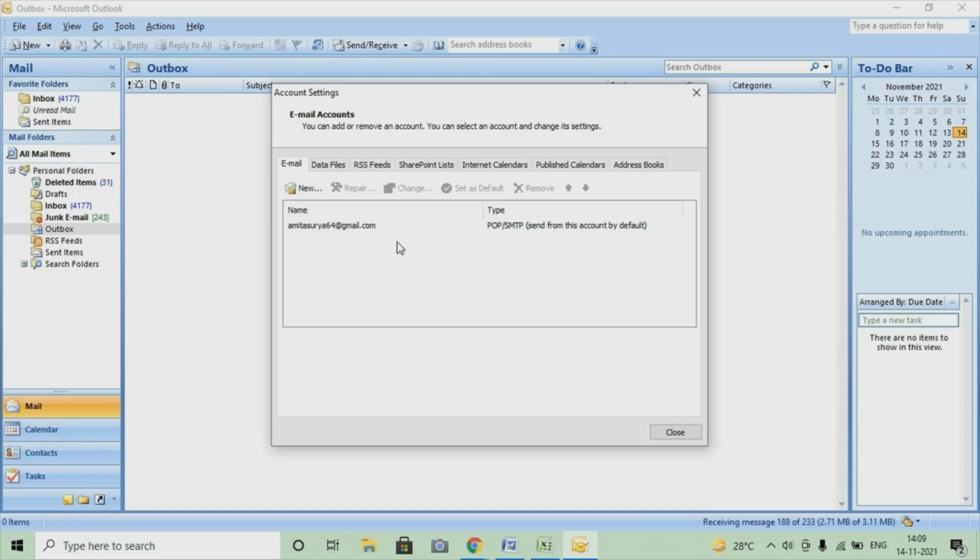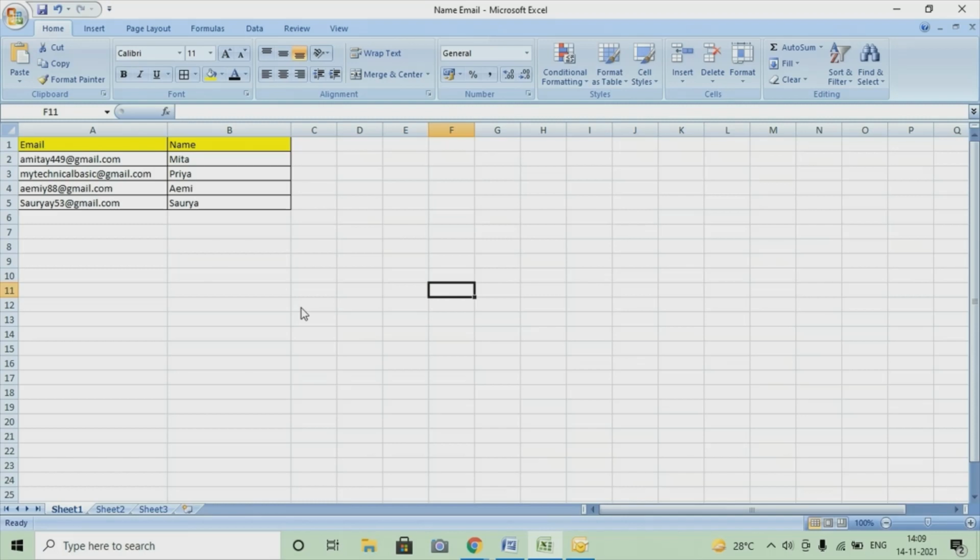You can see here, let me zoom it. This is how you have to create the Excel sheet, where you have to mention the email and the name so that you can send the email with its name.